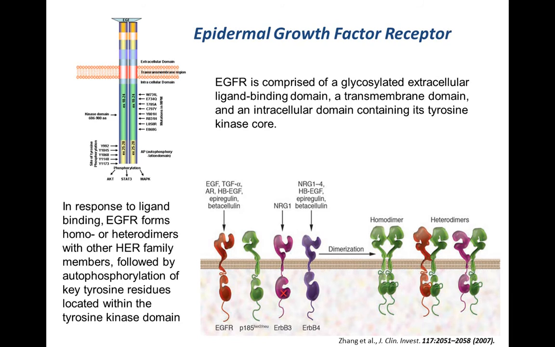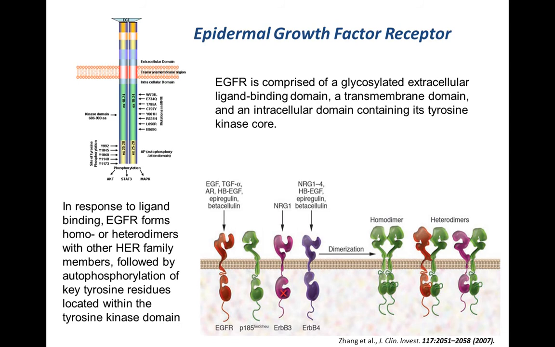And that's frustrating because these cells, as I said, express to high levels the epidermal growth factor receptor, EGFR, and we have a drug that attacks that. It's called gefitinib, or there's another drug called erlotinib. It's very effective clinically in other settings, but not in breast cancer. And so that's really frustrating as to the presence of this receptor, which is an important signaling molecule for these cells. The fact that we have a drug that really is good at knocking out its activity, but it doesn't work in the clinic. So the EGFR is a transmembrane protein.